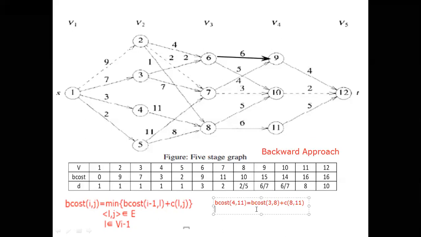Now I will compare. B cost of 3, 8. Where is the 3 coming from? 3 is the stage number. The first stage number was 4, and this stage number is 4 minus 1. Correct? Here it is i, here it is i minus 1. Here it is 4, here it is 3. I hope it's clear. Now this 8, it is another vertex that we selected. For 8, they are putting L. This is L. Do not consider it as 1. This one is L, right?